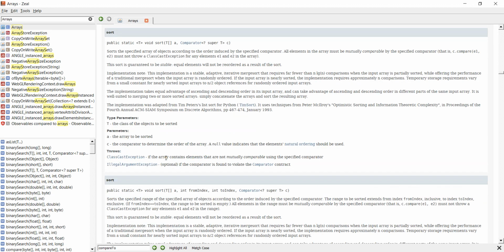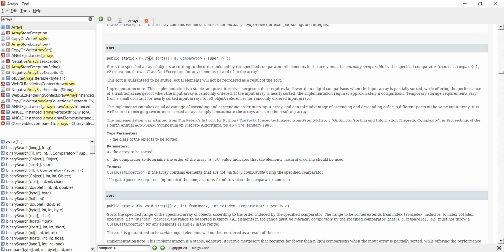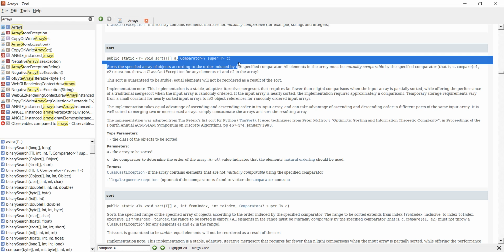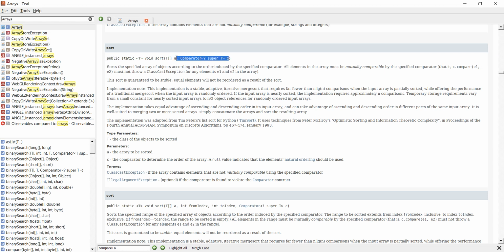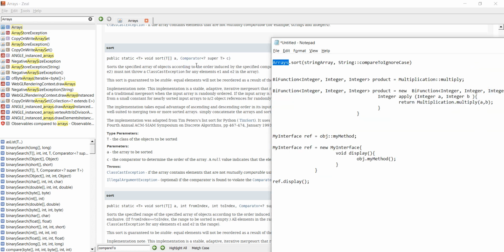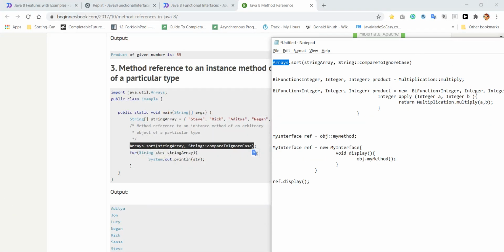This one. So this is the one that it takes. It takes an array of any type and a comparator, right? It takes a comparator. So what will this do? So basically what it is doing is it is passing this one, right? It is actually getting converted into something like